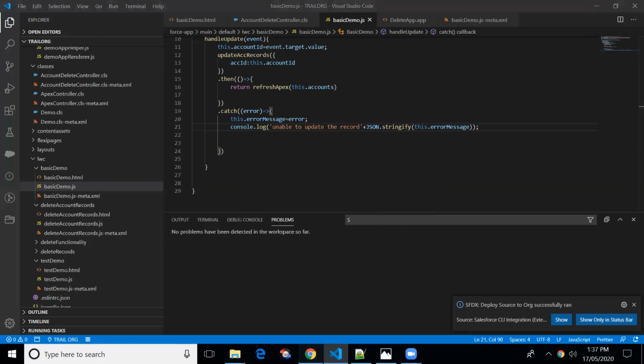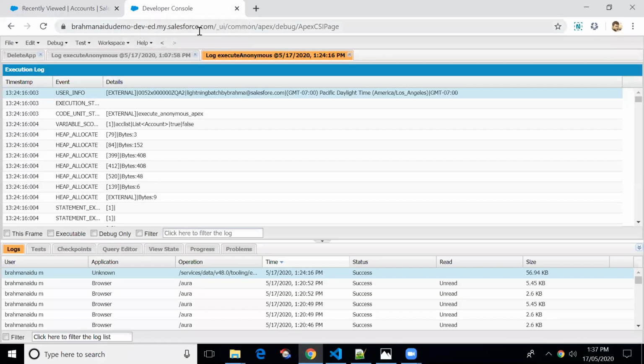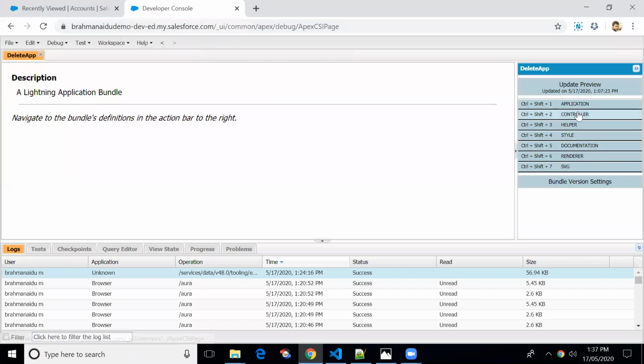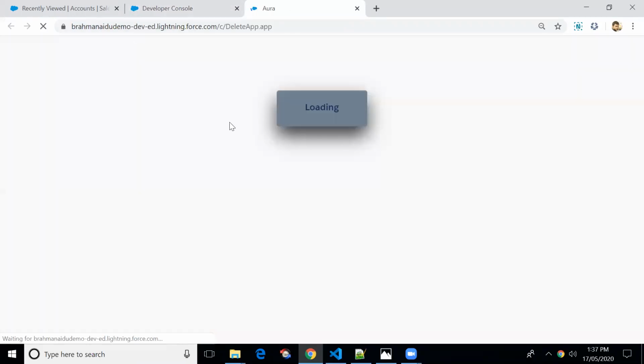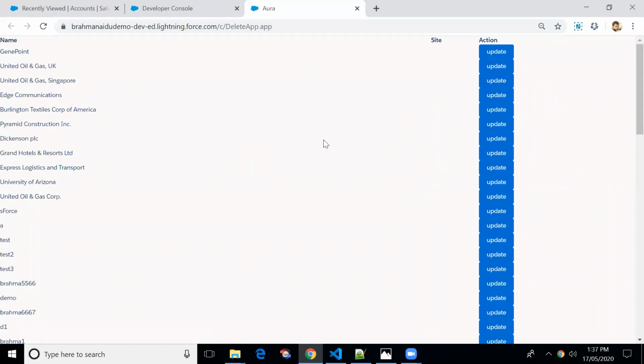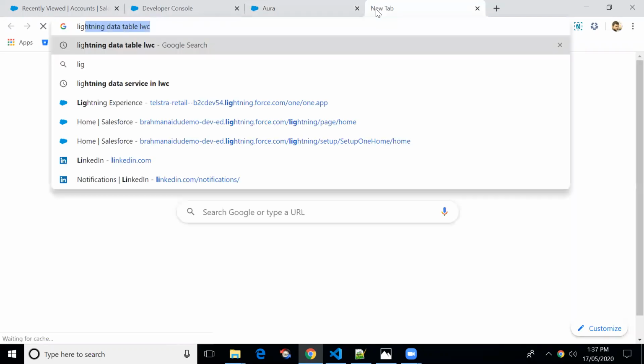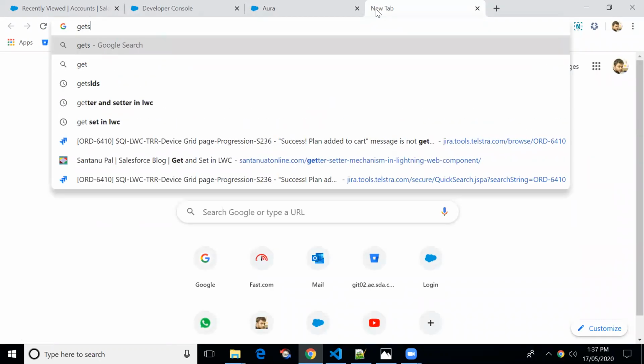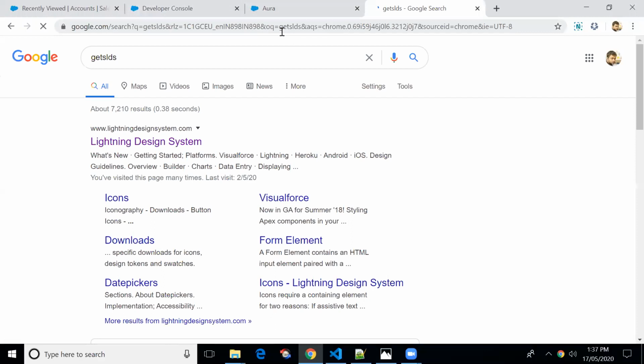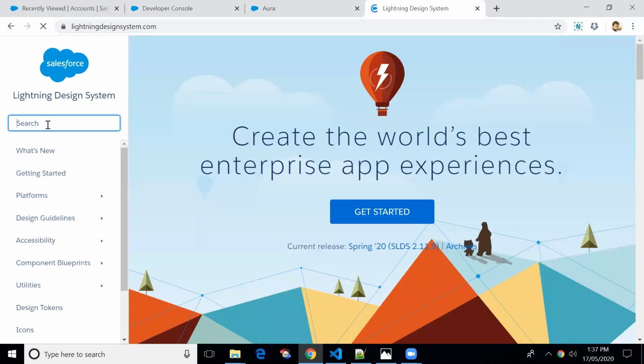Let me refresh the application. We click on review. This is not looking good. So what we'll do is go to Lightning Design System, LDS. We'll apply some style to the table, right? So tables.